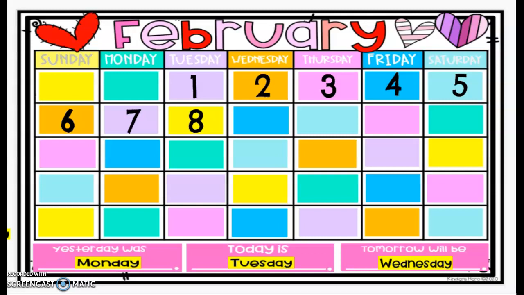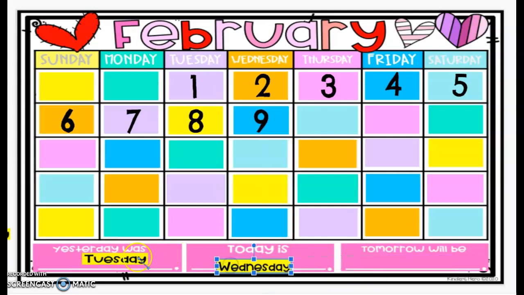All right, kindergarten, it is calendar time. So we are still in the month of February. Yesterday was the 8th, so what comes after 8? 9. And if yesterday was Tuesday, right? Look here at the days of the week. Yesterday was Tuesday. That means today is